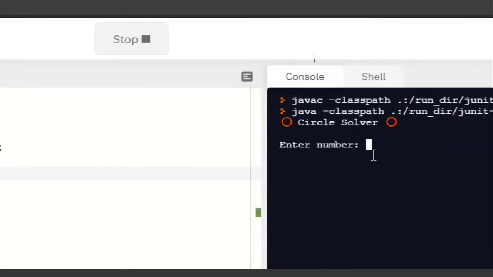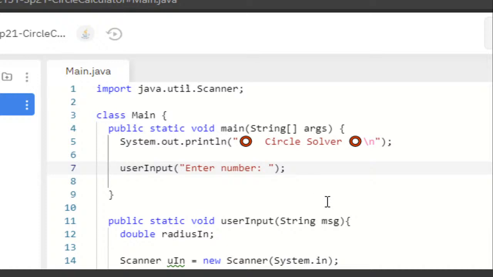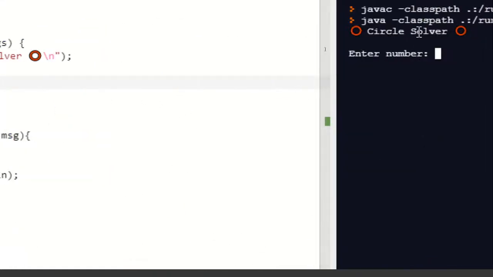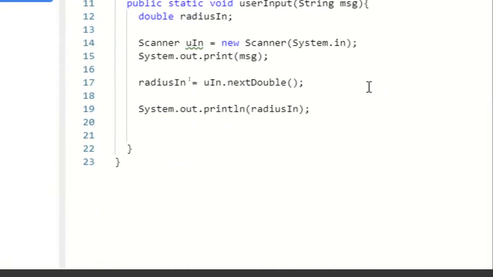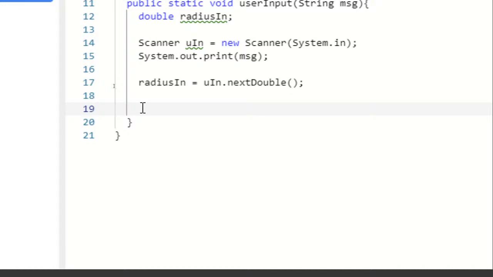So we get "Circle Solver, enter number," because that's the string that we're passing into here. We enter some kind of number like 12, and right now it should echo back to us 12.0 because we're bringing it back as a double. 12.0, very good. So now we can take this test line and we can remove it,